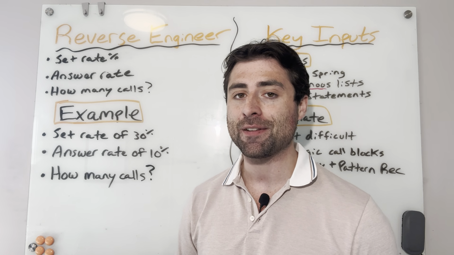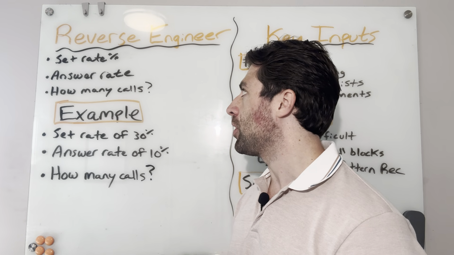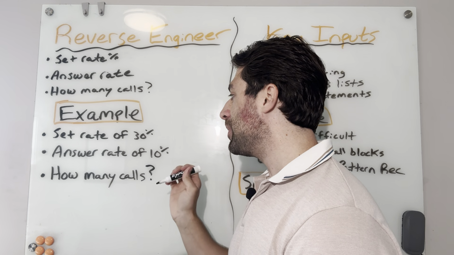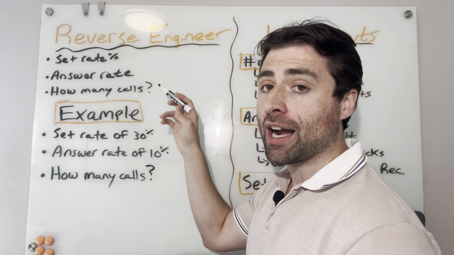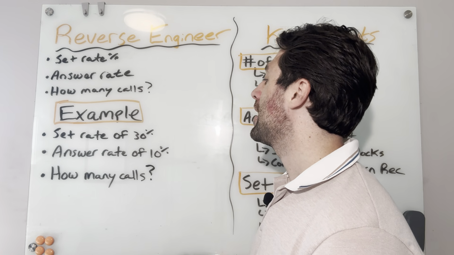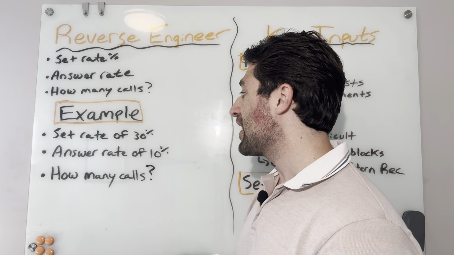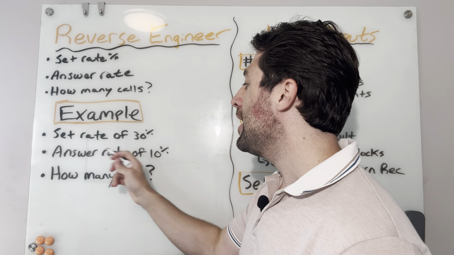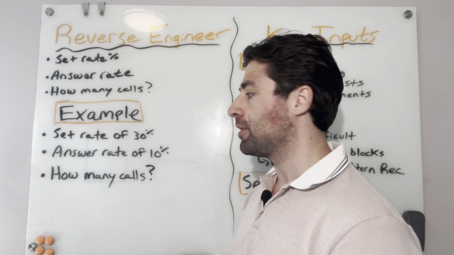Don't shy away from it. But this is gonna change a lot of your perspective on what it actually takes, because it's so much easier than people make it out to be. So the basic formula, let's say you've made and tracked your results for a certain period of time, maybe like a month, and you figure out that you have a set rate of 30%, which is actually really good. I'm just using it to make this example easy, that about 10% of people answer the phone on average.